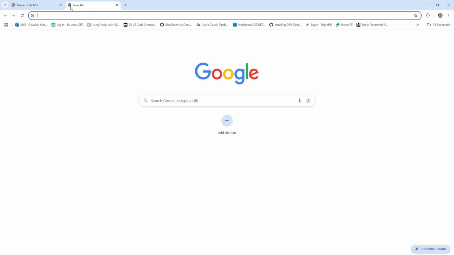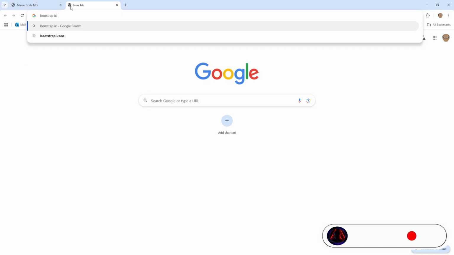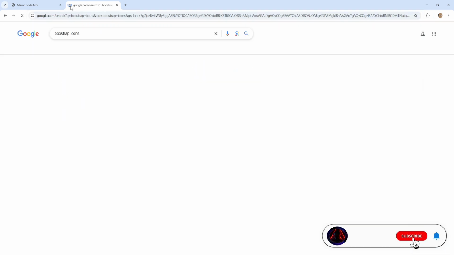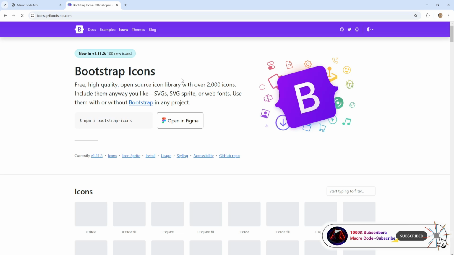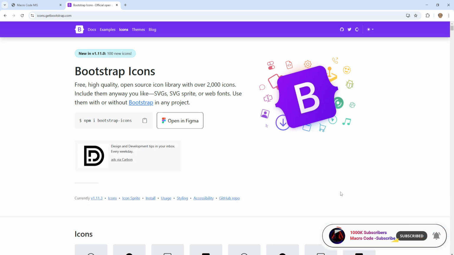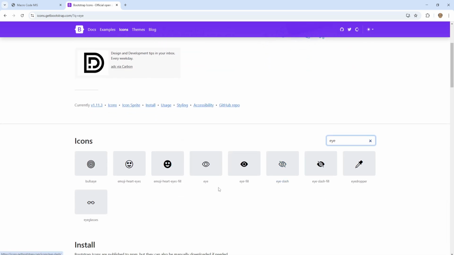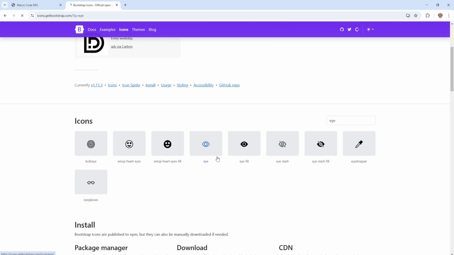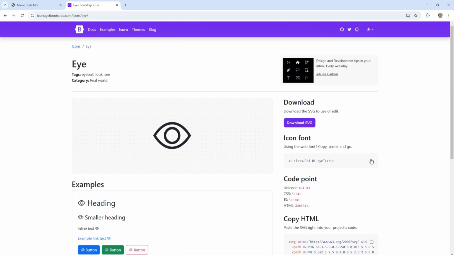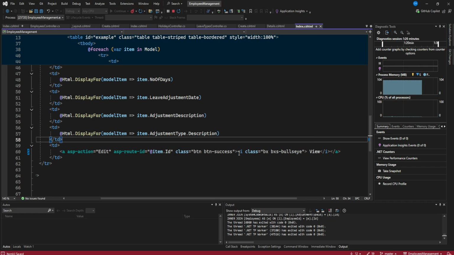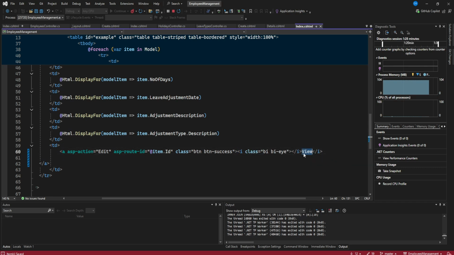Let's just check Bootstrap icons. So for an eye, let's pick one icon there. So which one is good? Can pick this one. Then I just replace here. Do you need the text? You can actually even remove the text. It's already an eye, so